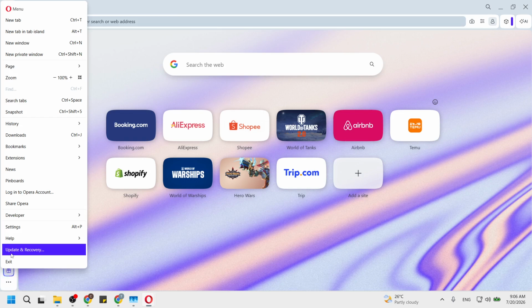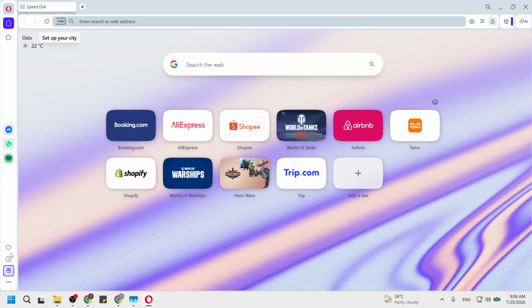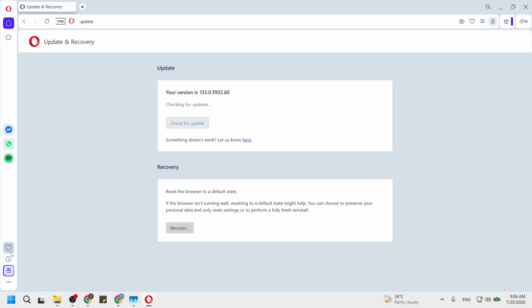From there, select Update and Recovery from the drop-down options. This choice is crucial because it directs you specifically to the area where you can manage updates for your browser. Upon clicking this option, you will see a new page dedicated to updates and recovery settings. Here, you can see the current version of your browser and any available updates. This section is designed to keep your browser in optimal condition, ensuring that you have the latest security and feature